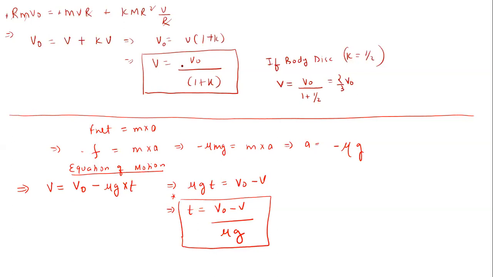How is the final velocity more than the initial velocity? v is the final velocity, and v naught is the initial velocity. What is the problem there? Friction force is acting. Friction force will reduce the velocity of the body. See here, if it was this case, then the final velocity was two-thirds of v naught. So it will be less than the initial velocity because friction force is there. Did you understand, Pawan?